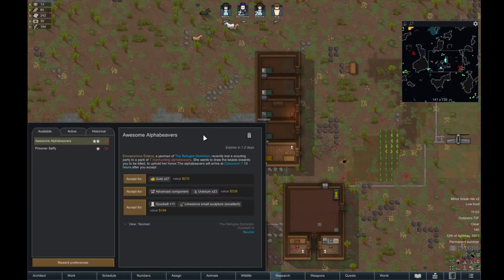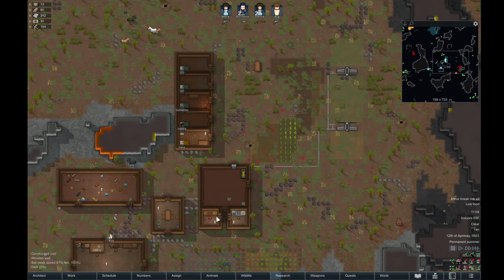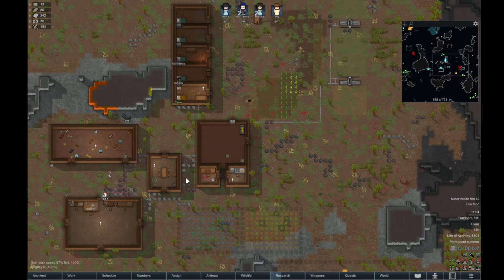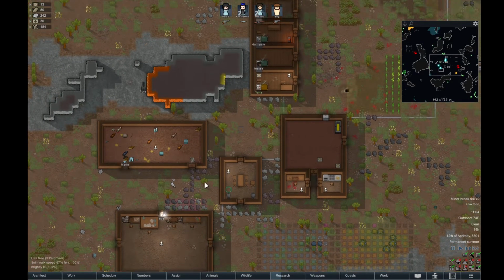Here, we got a new quest. The yeoman of the Empire recently lost a scouting party to a pack of 7 man-hunting alpha beavers. She wants to draw the beasts towards you to be killed. To uphold her honor, the alpha beavers will arrive in 13 hours after you accept. Well, I don't think we can take on those guys right now, but we can maybe build some traps in order to do that. But I care more about making some